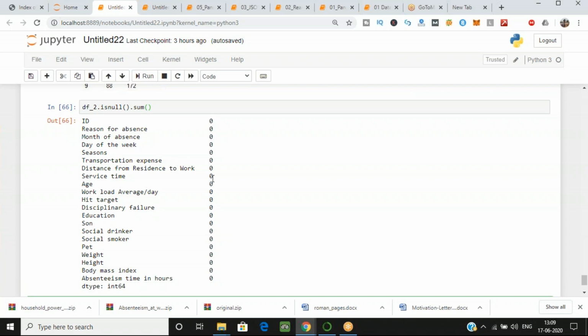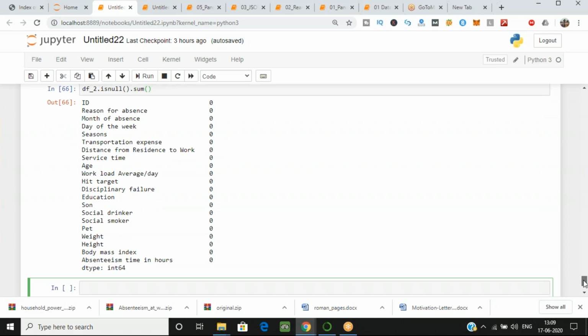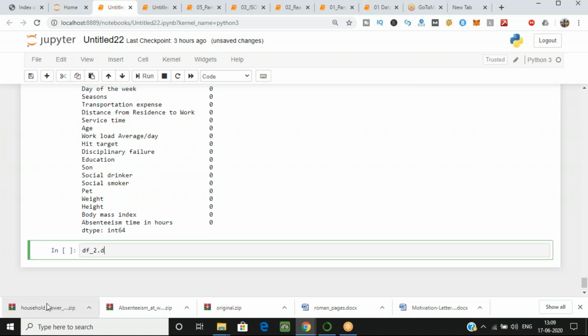Now I want to see the summary statistics for the numerical columns, like their mean and these types of values. For that we have the describe function. So let's do that. In the describe function, I'm giving just one parameter. We'll see the output first.